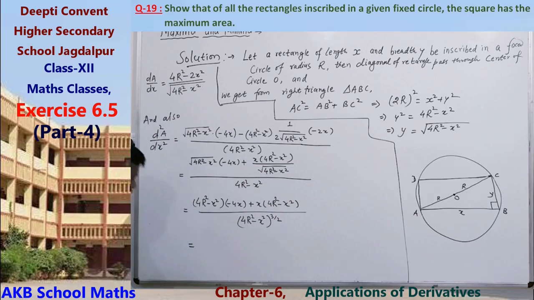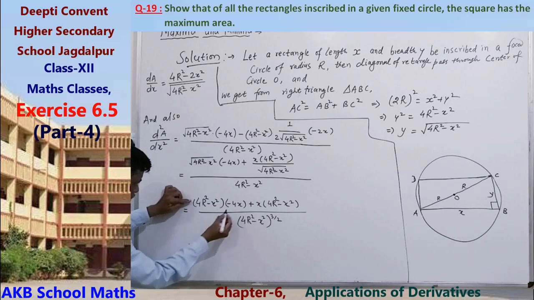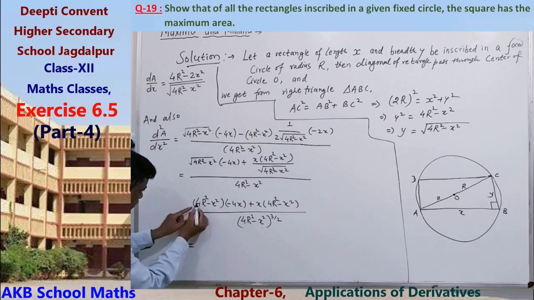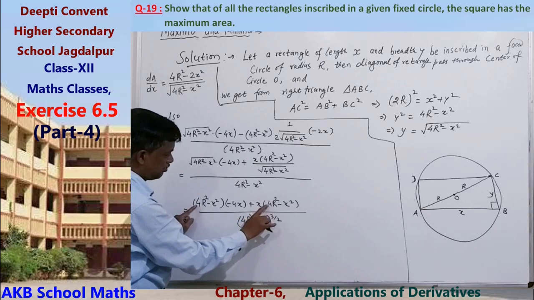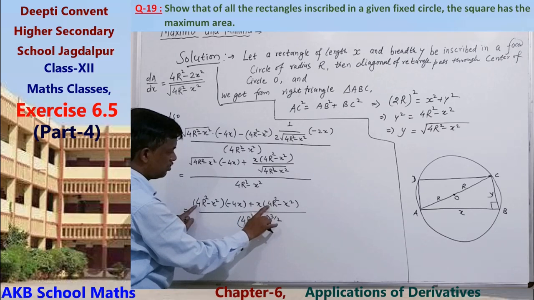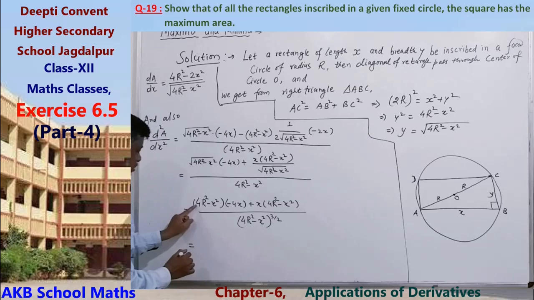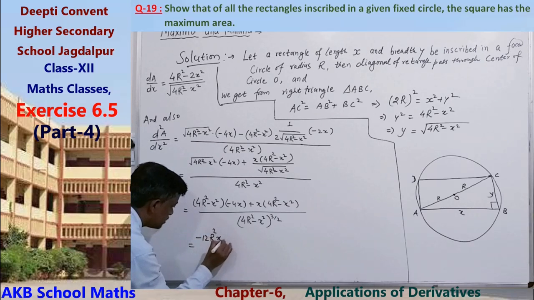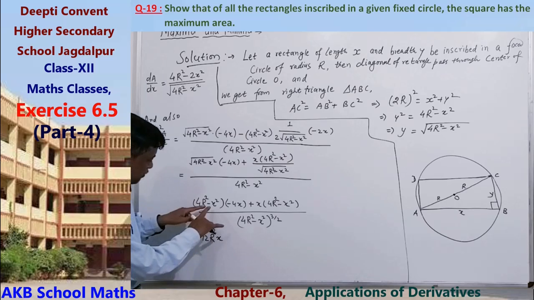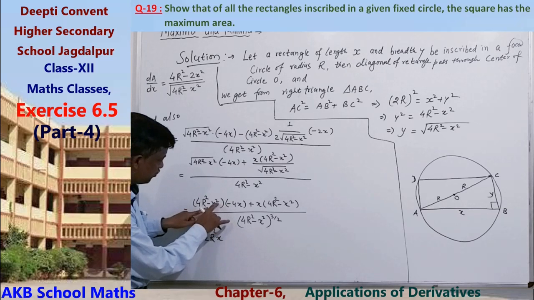Now this is equals to, we can multiply it. So minus 16r square x, 4r square x, so minus 12r square x, minus plus 4x